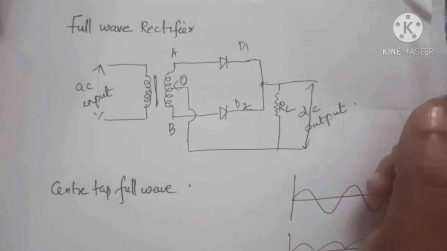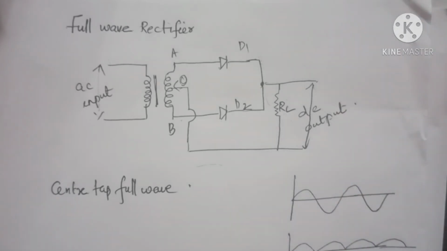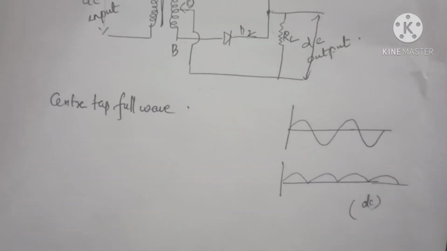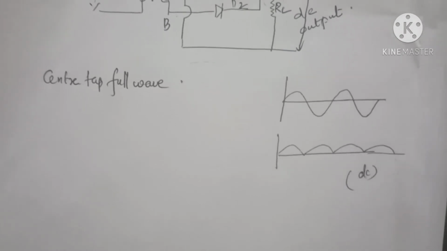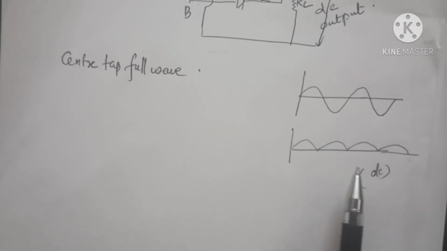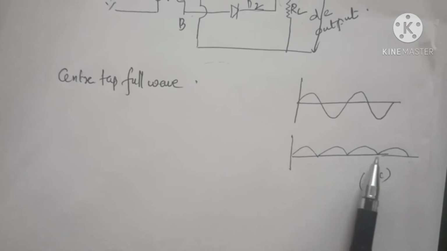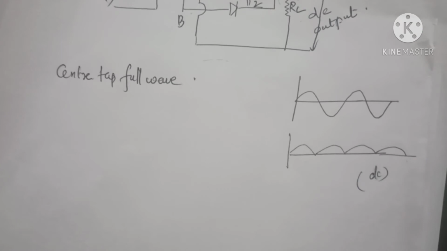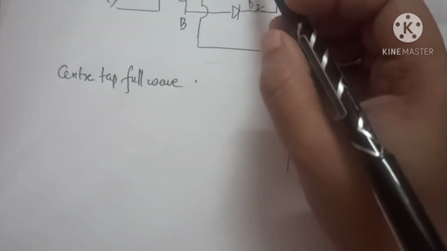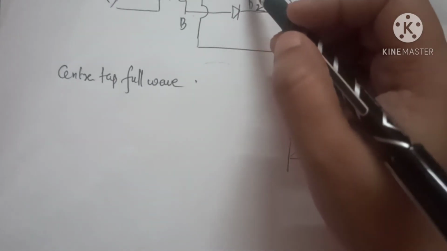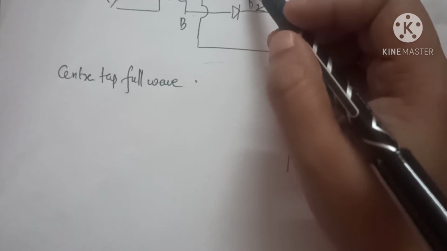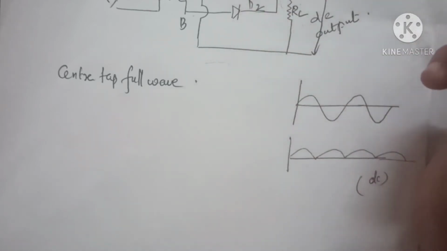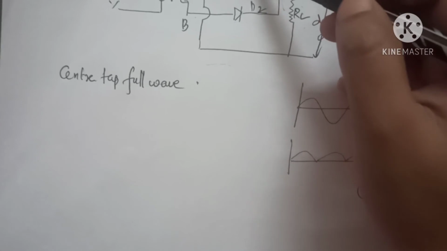Now what about the working? As I told, this is the diagrammatic representation for an AC wave, and after entering into the full wave rectifier you will get the output like this. It is unidirectional but it is pulsating, right? So during the half cycle of AC input, when the diode D1 is forward biased, a current I flows in the circuit. Understood? So how will it flow?